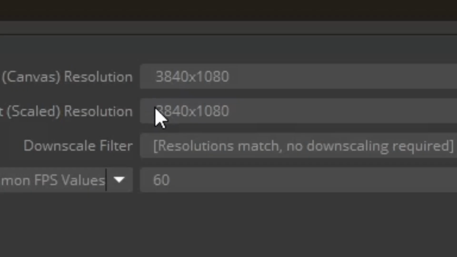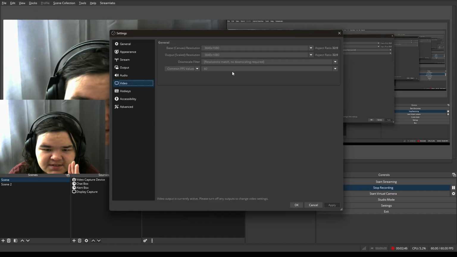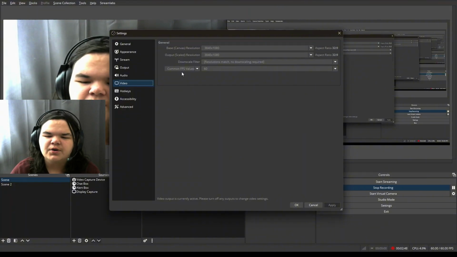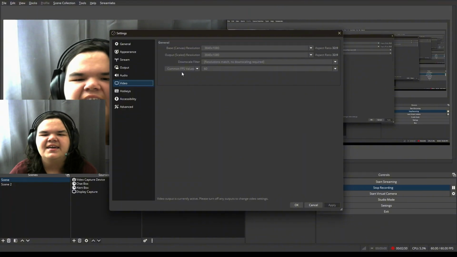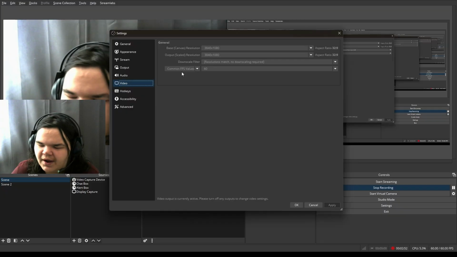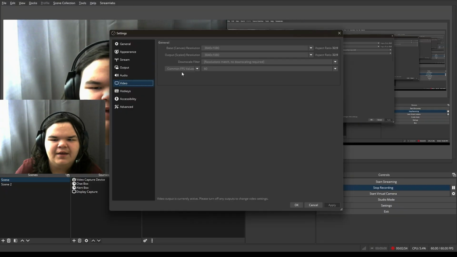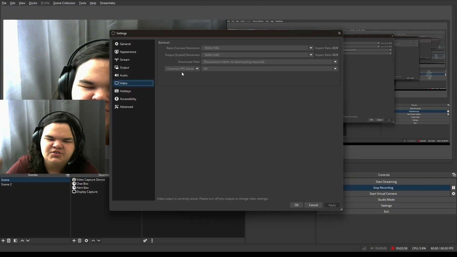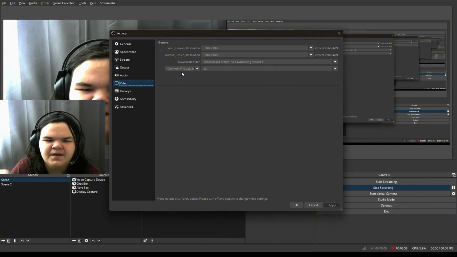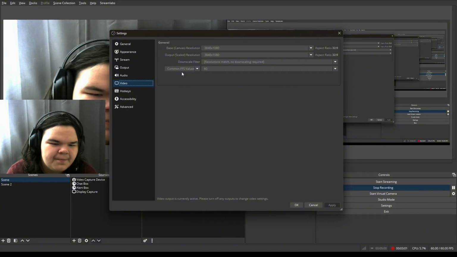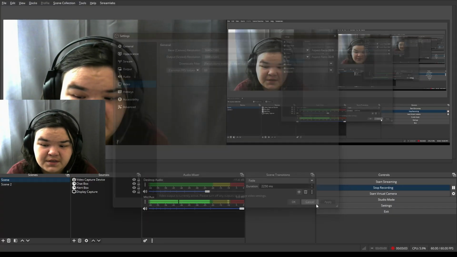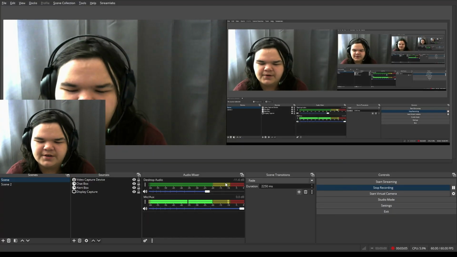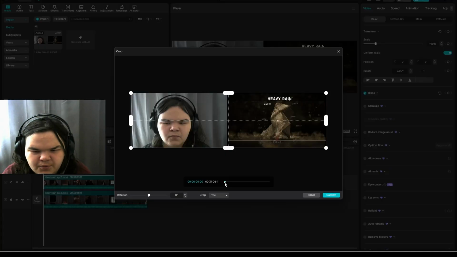3840 by 1080 as the base canvas, and make sure that's not downscaled. What you are going to do in your settings is just take whatever resolution you're recording at, whether it's 1440p or 4K, and make sure the width is double and keep the same height. That's all you have to do for the 21 by 9 aspect ratio, I believe it is. So now that we have this ultra wide footage of both videos,